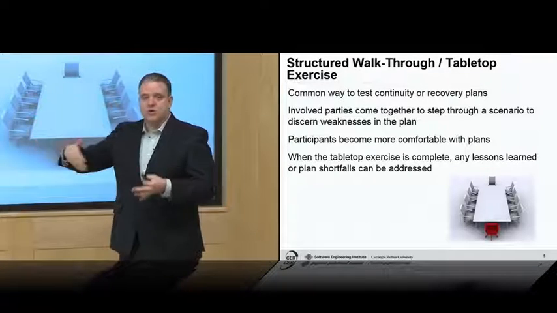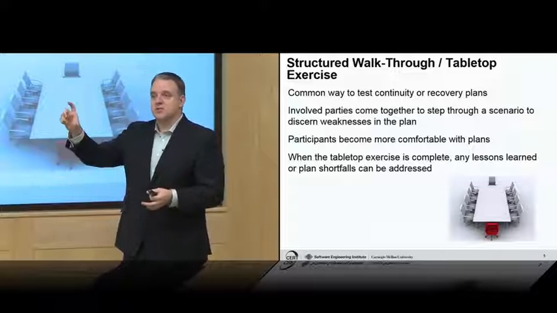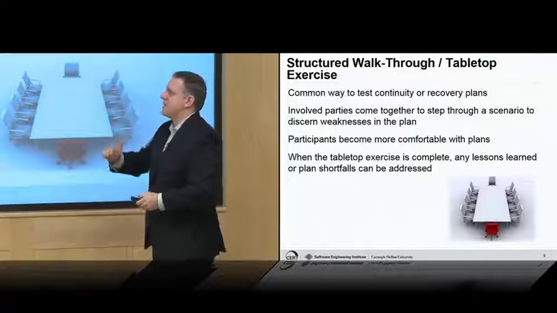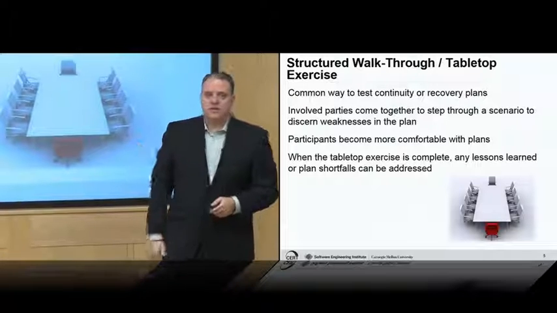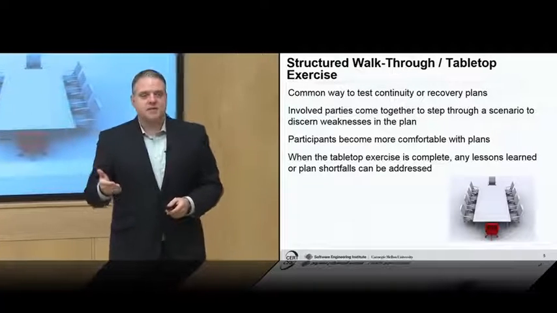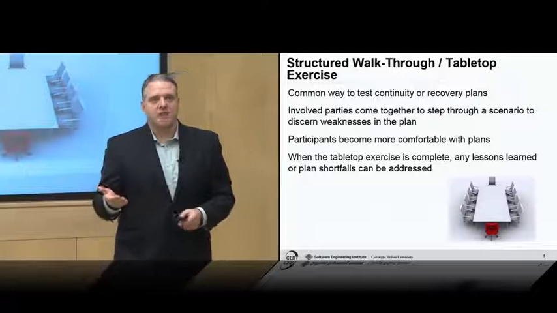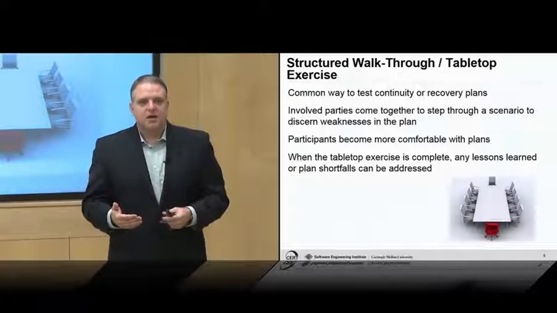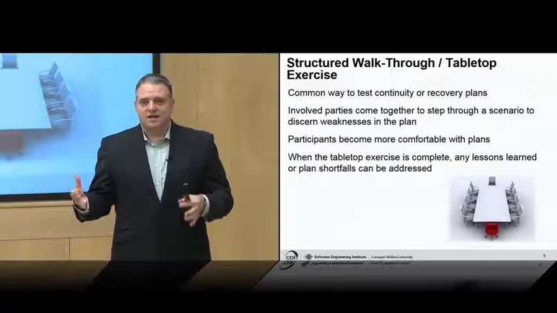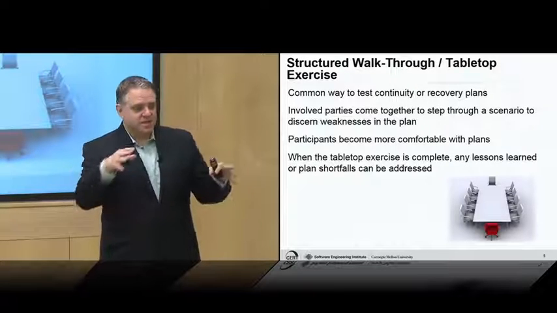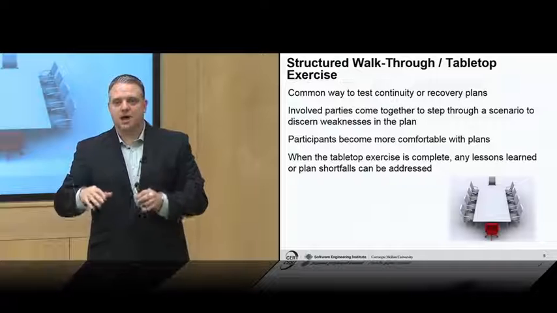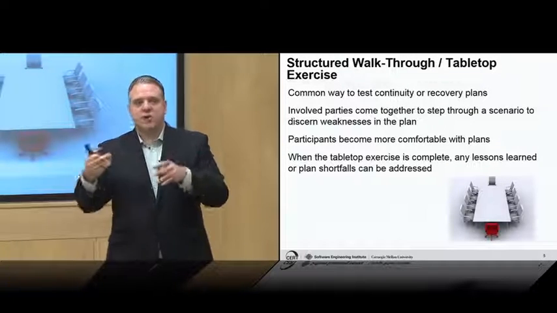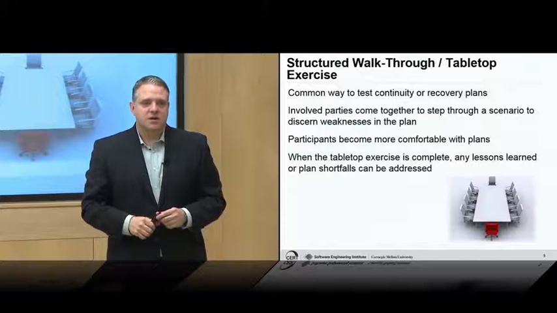Let's talk about it. Could we actually do that? Step two, could we actually do this as well? And so you're stepping through your plan, seeing, can you actually meet or do what the plan says, trying to identify what are the weaknesses in that plan and what do we do about it? So again, tabletop exercise, it's called tabletop because literally everybody sits around the same table talking about how would we actually do something or how would we actually react to this particular scenario.